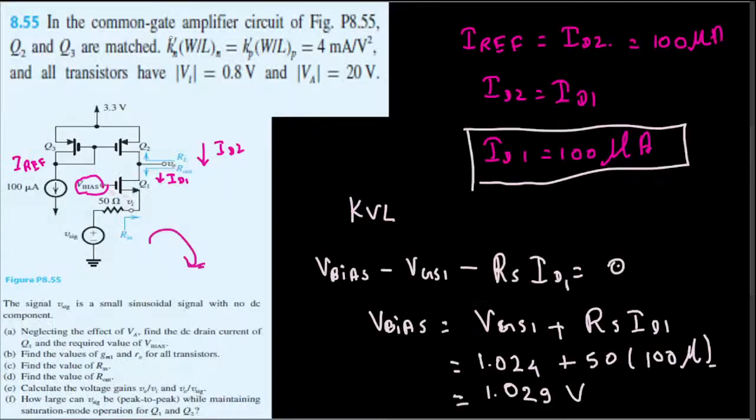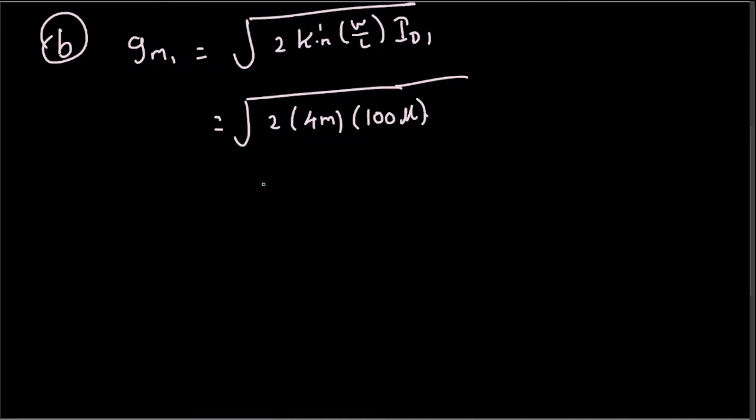If you wonder how we got the ID1, it's in the A part of the question. Since it is matched, the current is equal everywhere. So whatever current we have here, that's the exact same current we are going to have for ID2 and ID1 as well. So from that we can just plug it in and find the value. Here we have 2 times 4 is 8, times 100, 800. Milli and micro becomes a nano. And if we simplify this one,